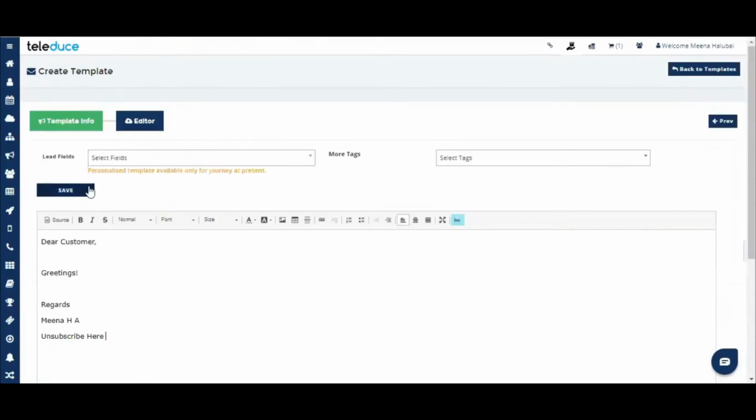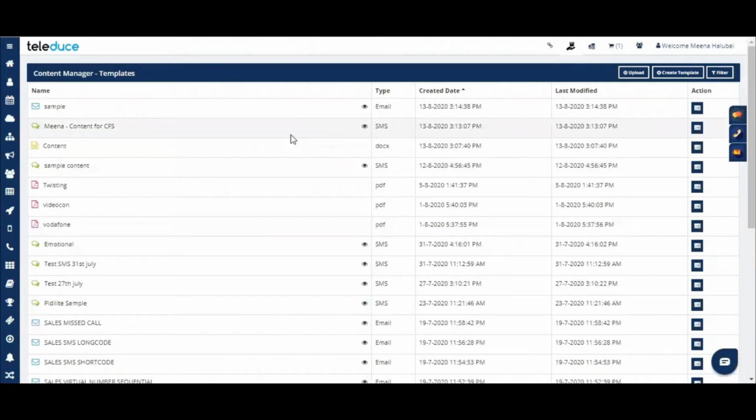So in case I want to add any images, I want to change the font, style, colors, headers, or if I want to bold something, or if I want to add some hyperlinks or something like that, all these things can be done from here. Okay, and if I want to align the text, whether it is right align, left align, all these things can be done across over here. Okay, now I'm going to save this file. So the content is ready.